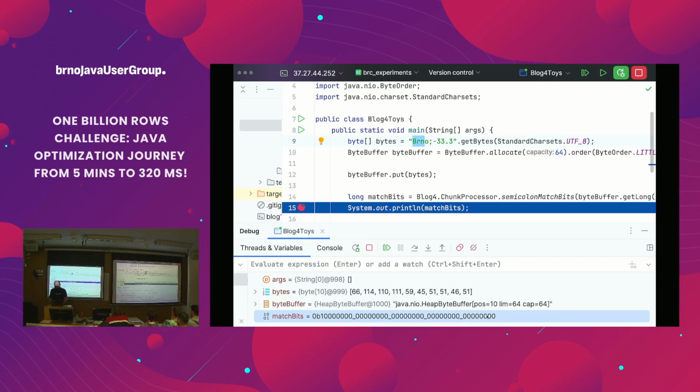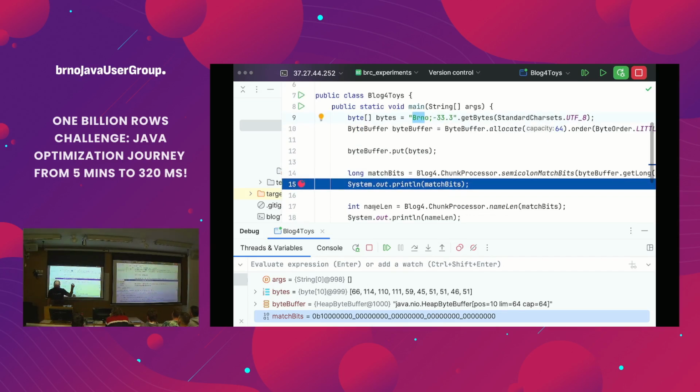So here is all zeros. So this is B, this is R, this is N, this is O, and this is the semicolon. And at the byte where the semicolon is, the highest bit will be set to 1. So it will give me a number like that, which will basically locate that semicolon within those bytes.